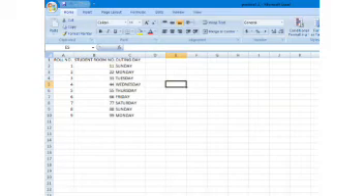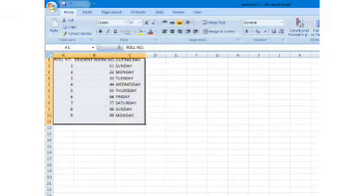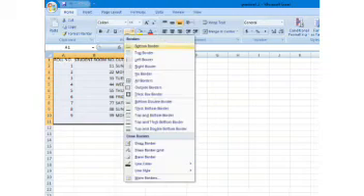So we can simply click over this and make a small box around your data, and go back here in the home tab. You will find the bottom border option here in the font tab.